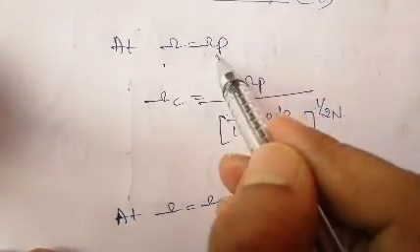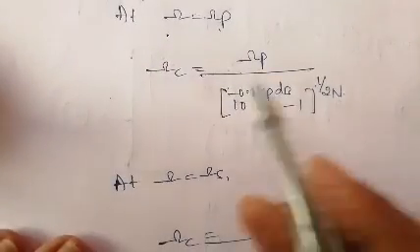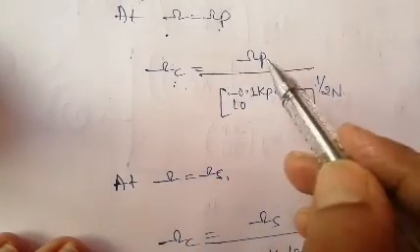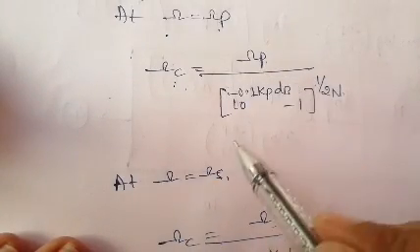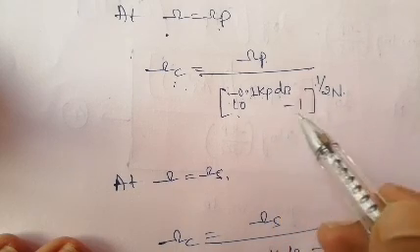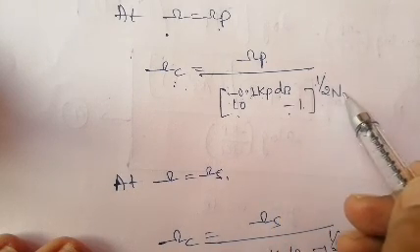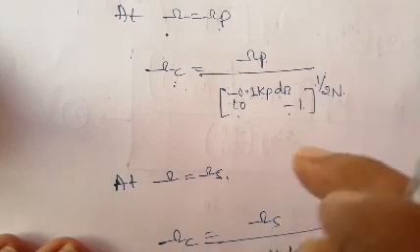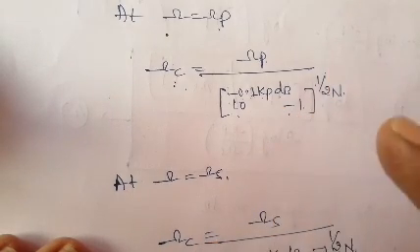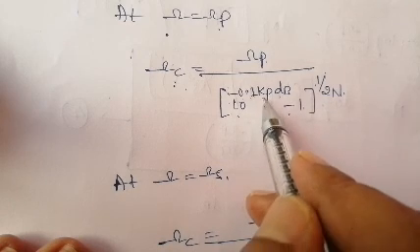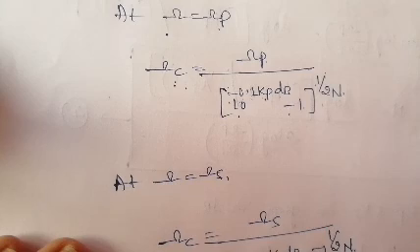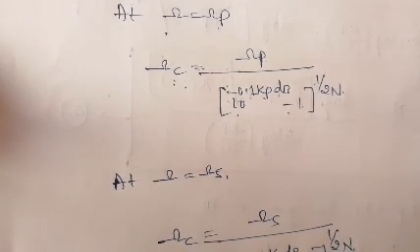Next, similarly, if you consider those two cases once again, if the given frequency omega is equal to the passband frequency, then the cutoff frequency, which we write as omega c, is equal to the passband frequency omega p divided by 10 to the power minus 0.1 kp in dB, minus 1, whole to the power 1 by 2n. Remember, this is the cutoff frequency formula for finding omega c if and only if the gains are given in dB. If gains are not given in dB, simple thing, we write 1 by kp like that.